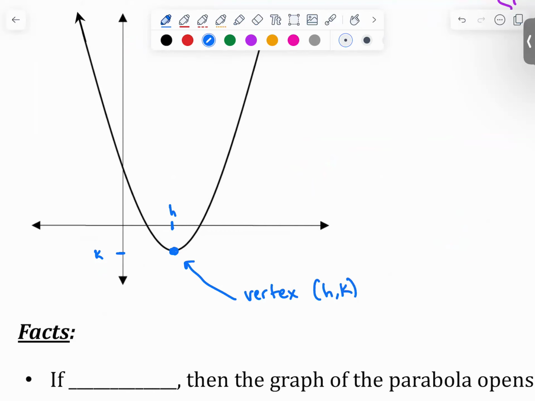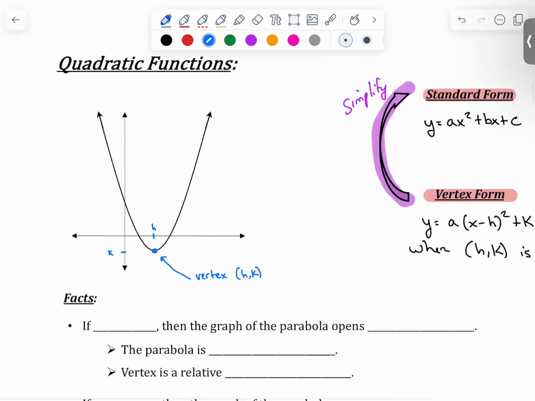It's the point at either the very, very bottom or the very, very top of your quadratic function, because quadratic functions will either open up like this or they'll open downward, which we'll talk about in just a second. Another thing that I want to draw onto this graph is a vertical line through the vertex. This line here,